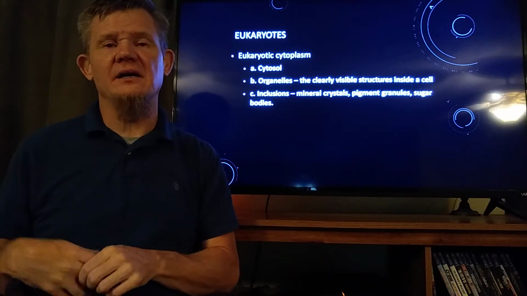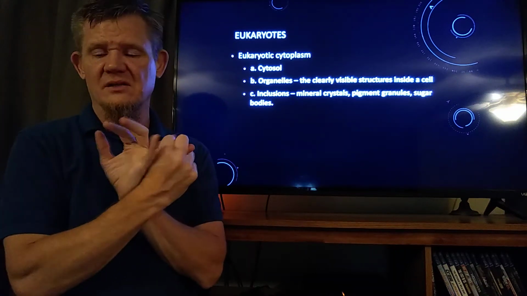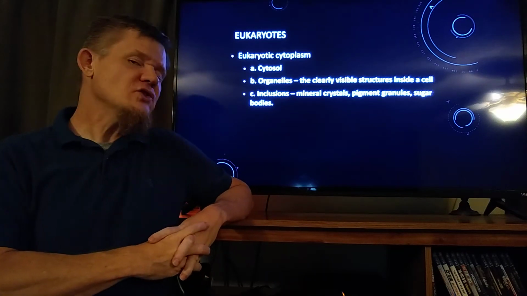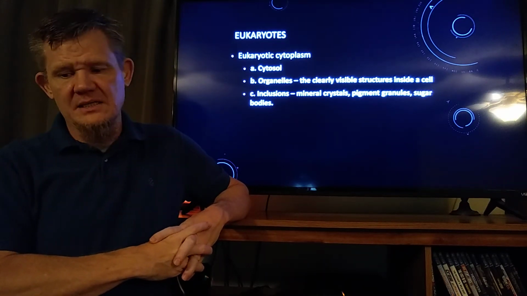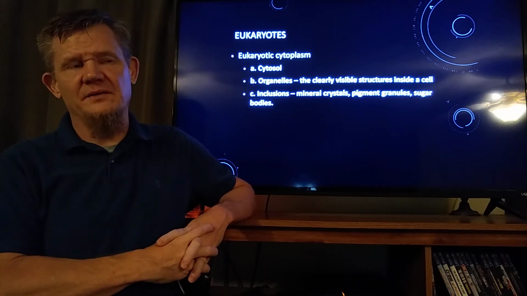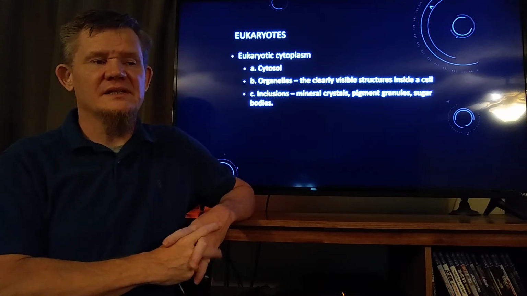So inside of cells, we've got goop, we've got organelles, and then we've got these things called inclusions. And inclusions have functions, but not jobs. As in, you can have mineral crystals inside. It depends on the cell. Some cells have them, most cells don't. For example,